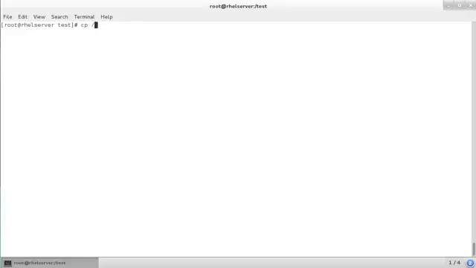Next, the question is to copy the file /etc/hosts to /test. That would just be cp /etc/hosts. And I could type /test, but I'm already in it, so dot would be sufficient,